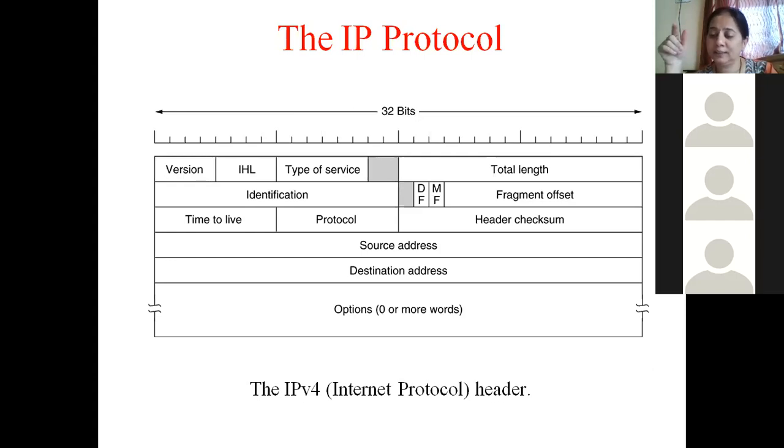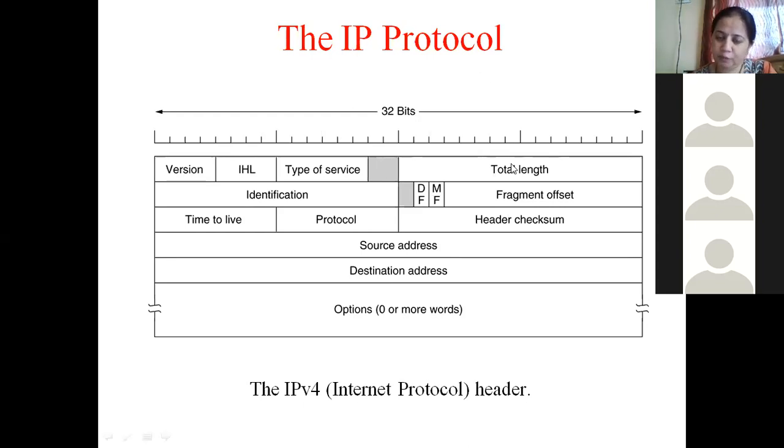And for the first fragment, the fragment offset will not be valid, in the sense it will be 0. Whereas for the remaining two fragments, the fragment offset value will be valid. It tells where to fit this fragment, where to start. For example, suppose we have a packet which is containing, say, 100 bytes. The next, 101st byte will become the fragment offset. So the fragment offset for the first fragment will not be valid, whereas for the remaining two packets, it will be valid.